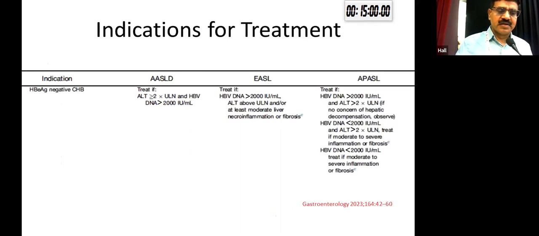Depending upon the societies, AASLD says if your AST, ALT levels are high and the virus level is more than 2000, you treat them. Whereas EASL says your virus level is high, ALT either normal or above normal, but if the liver has moderate to severe necroinflammation or fibrosis, then treat. Whereas APASL says if virus level is high and ALT is high, you treat, but even if your virus levels are low and the ALT level is high, if the underlying liver shows moderate to severe inflammation and fibrosis,